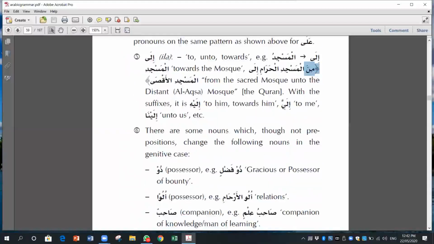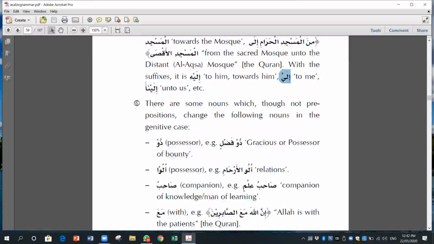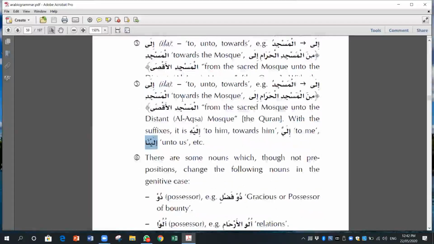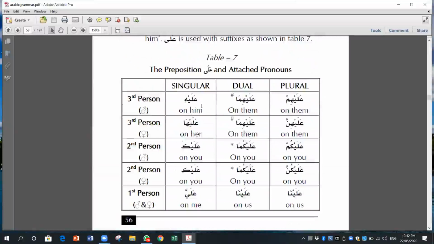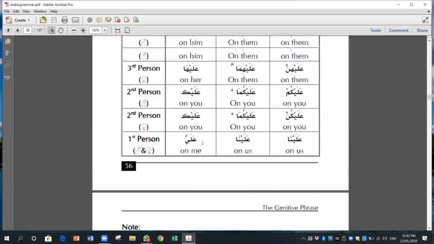See again ilayya. What does it mean? Ila and ya. Ila means towards and ya means me. Towards me, or to me. Ilayna, towards us. Same as we have done the practice of ala with pronouns, in the same way all these pronouns can be used with ila as well. For example,